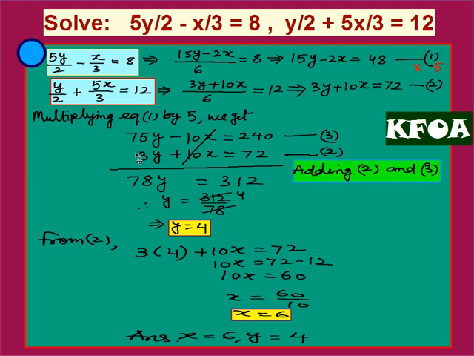Okay, so now I have kept y here, x here, or you can write in a simpler form. I multiplied equation 1 by 5, so x coefficient became same because it is already 10. I need not multiply here 2. On adding, because they are having opposite signs, x will get cancelled, 10x and 10x. I'll get 78y is 312, y equal to 312 upon 78. It is exactly 4 times, y is equal to 4. You can substitute in any one equation. So I have substituted in equation 2, 3 into 4 plus 10x is 72. 10x is 72 minus 12, 10x is 60.